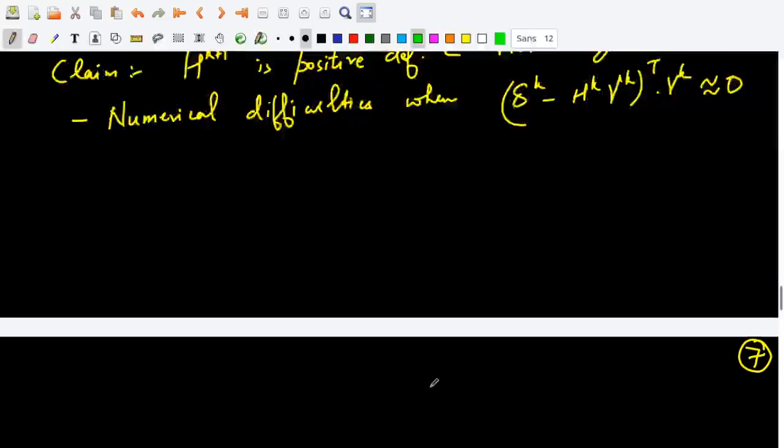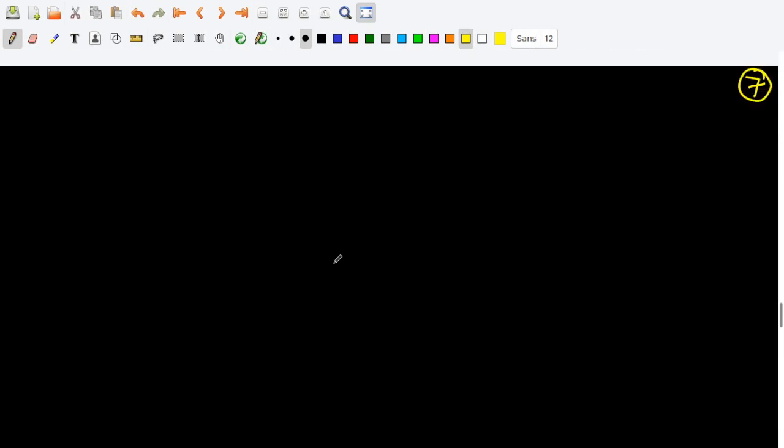So before going to some rank 2 update methods, we will look at theorem 3.2.1, which shows some interesting properties of this rank 1 update method. So it says that if three conditions hold, number one,